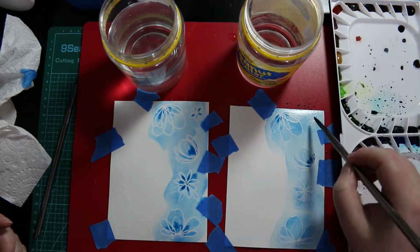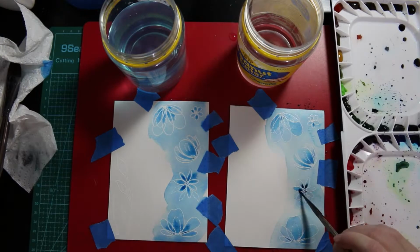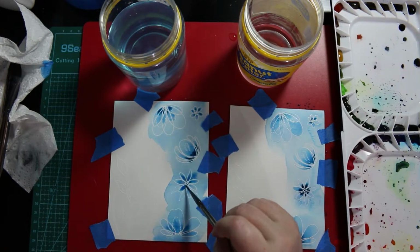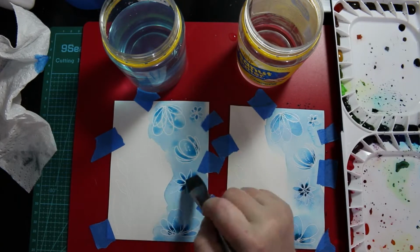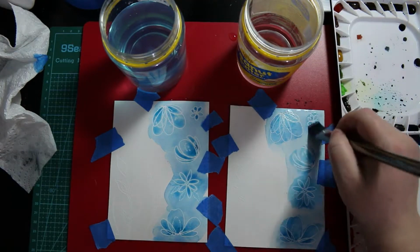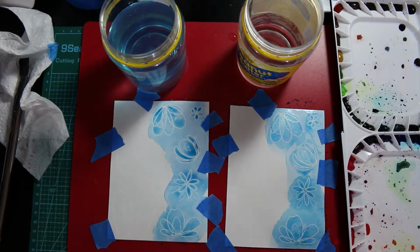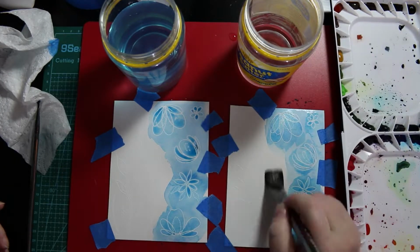And so I tried a couple of different techniques, mostly wet on wet, but there was a lot of putting in concentration of color and then watering it down a little bit. And then sometimes I'd just get my larger brush and put the color on that way. It was a bit of trial and error, but what I was trying to do was get a bit of a gradient of color from the bases of the flowers and lighter up to the top. So it was a lot of back and forth,